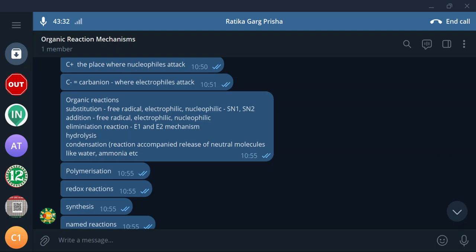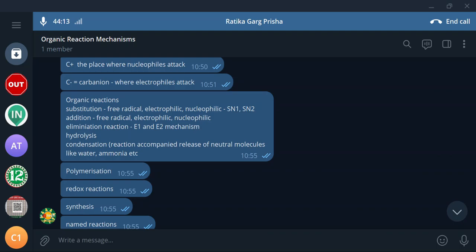Do you understand this? When it is subjected to an addition mechanism or addition reaction, the main casualty is the pi bond. Not only that, when the double bond is slightly twisted, the immediate casualty is the pi bond. So that is broken, and thereby addition occurs. That is, in addition to the existing atoms, hydrogen, halogen, or two halogens or two hydrogens can combine with the C double bond C. So this is called addition reaction. I will explain with a proper example when I study this deeply.